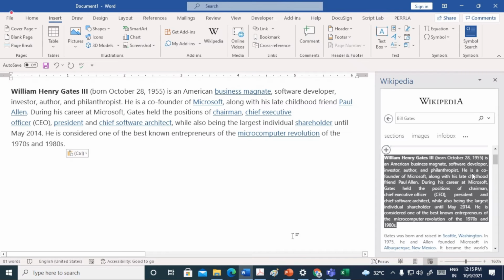So Wikipedia is one of the most important features. It is useful to researchers, to industry people, to programmers, developers, anybody. And it is a must-have add-in. It is a free add-in. Unlike the previous two which I showed you that require some purchase, Wikipedia does not require any purchase, and it will directly give on-hand reference of what you are writing.